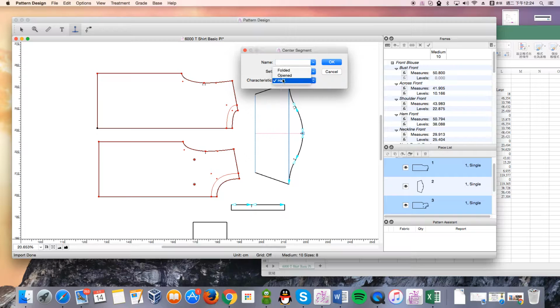And for the half piece, it's like when you're making a jacket and sometimes you have side pieces. That's when you do a half piece. And now I'm going to choose folded and name it as